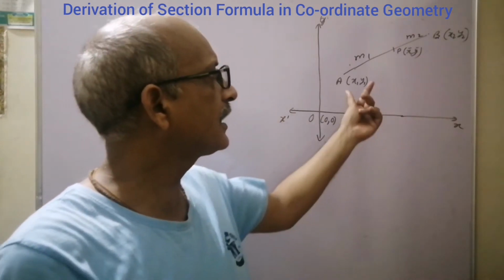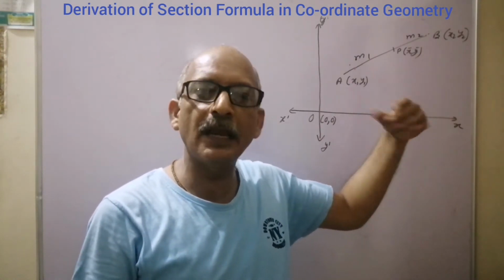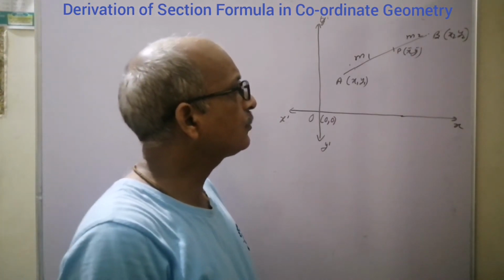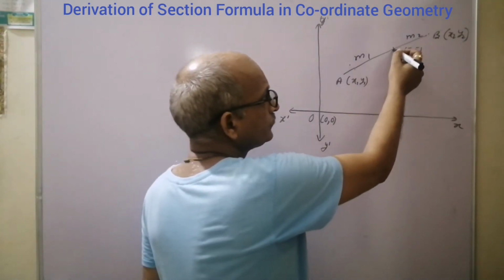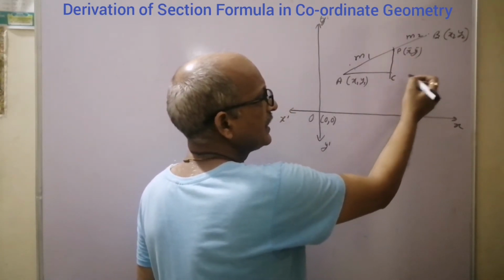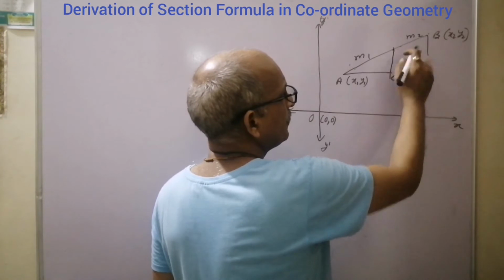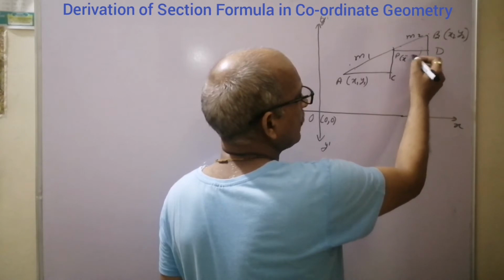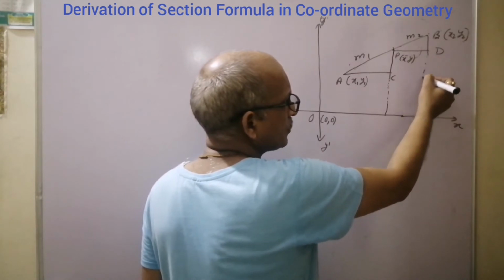Actually, in this video, I am taking the points A and B in the first quadrant only, though it can be anywhere in the whole plane. So first of all, I would like to recall one more thing. If we draw a perpendicular from here and a perpendicular from here, say it is meeting at C, and another perpendicular is drawn here, say it is D. P is here with X bar, Y bar.